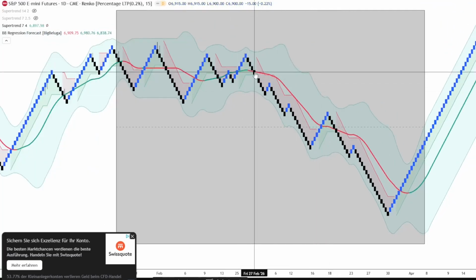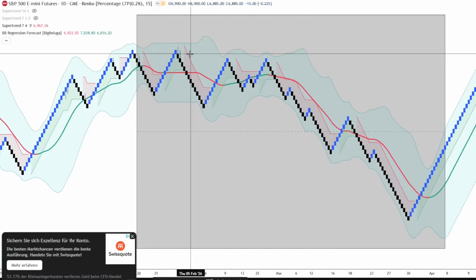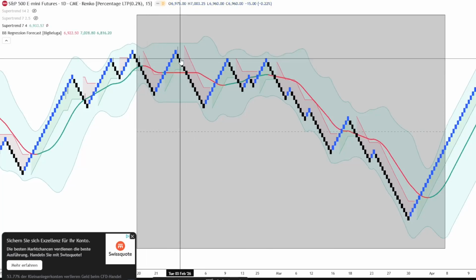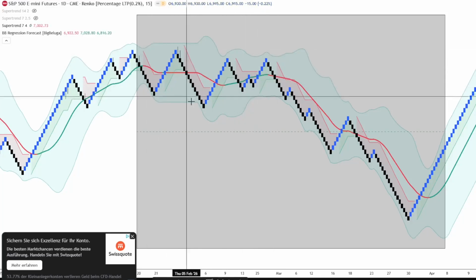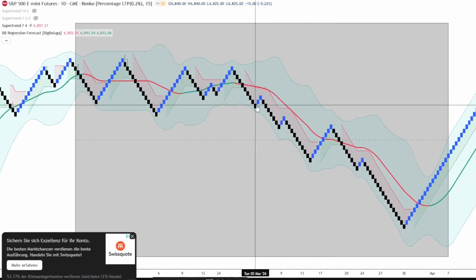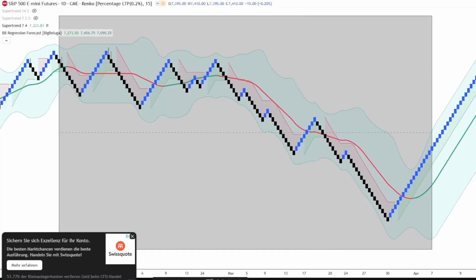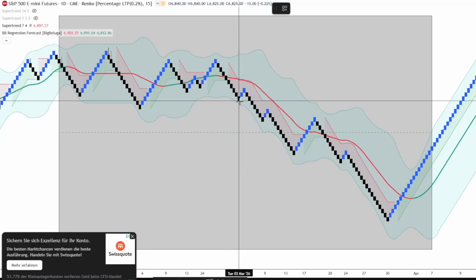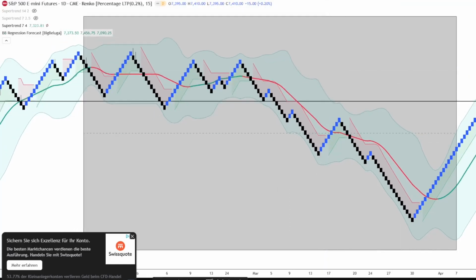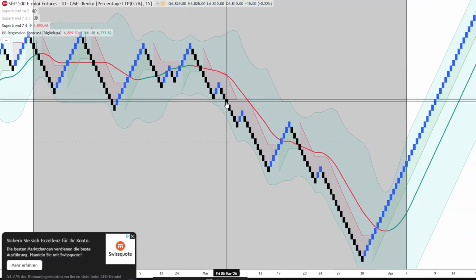So I'm waiting for something like this. This is why I didn't enter here or here or here or here, because this is not what I'm looking for. I'm looking for something like this. So how do you make this? It's like that. After this block closes, this is called a 2-back pattern, and then you use this